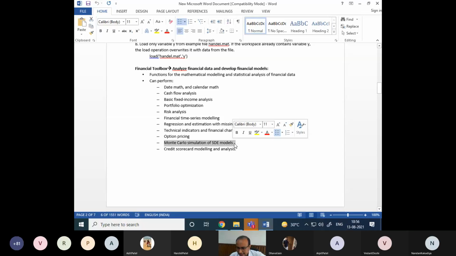What is SDE? Stochastic differential equation, which we touch on very briefly because it itself is a very big thing. So all those are facilities available in the financial toolbox.